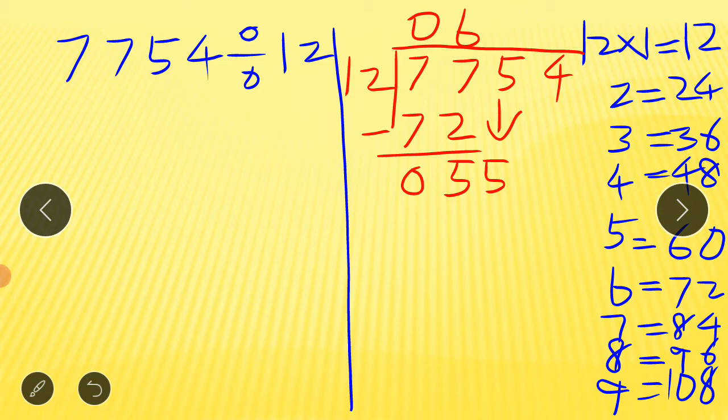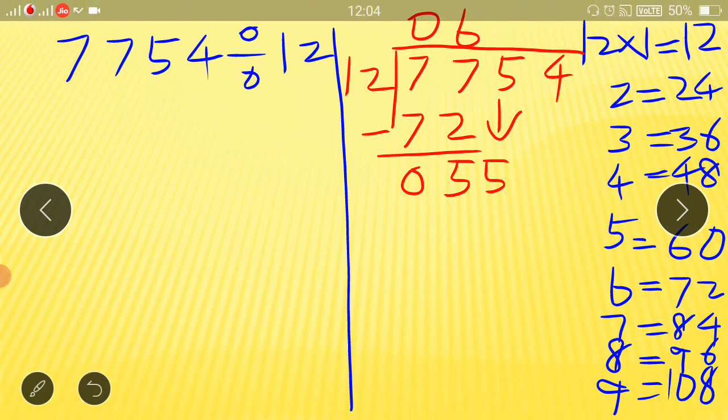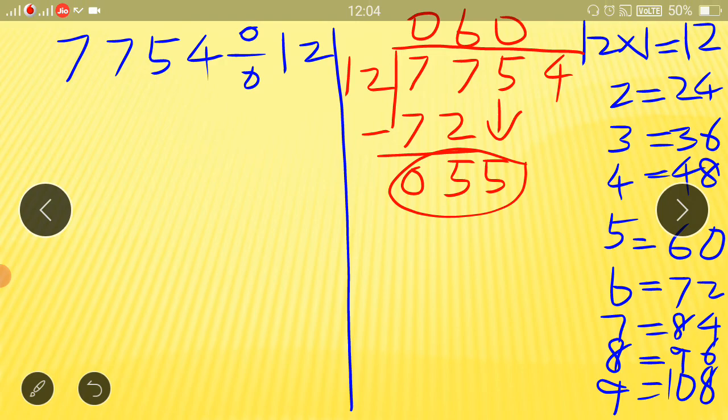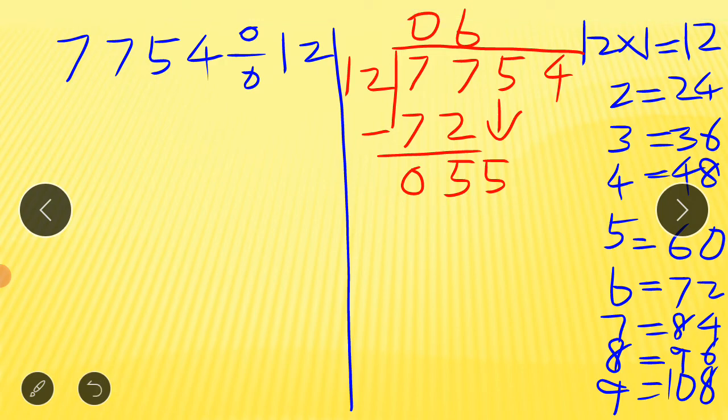55 is not there. So let's see just smaller than 55. Okay, and one more step also. If 55 is not there, don't place 0 there. Okay, children, when the fresh number is checked, and if the fresh number is not available, and just smaller than the fresh number is also not available, at that time only we place 0 here. So now 55 is not there, so just smaller than 55, 48 only, is it? 60 is greater than 55, so 48.